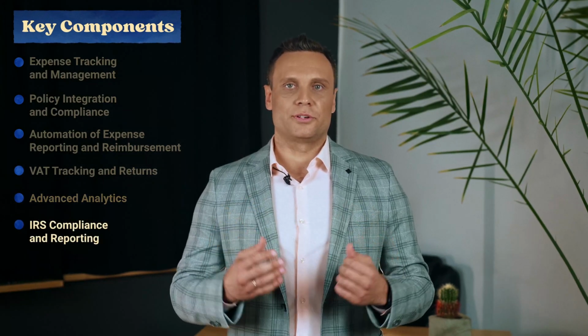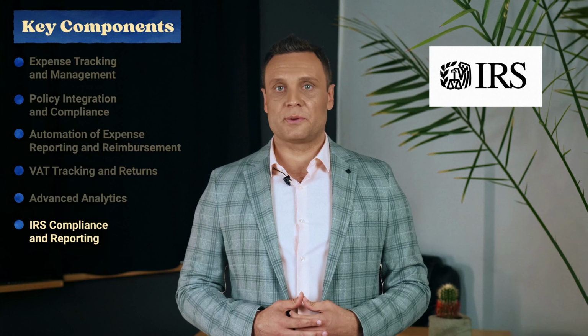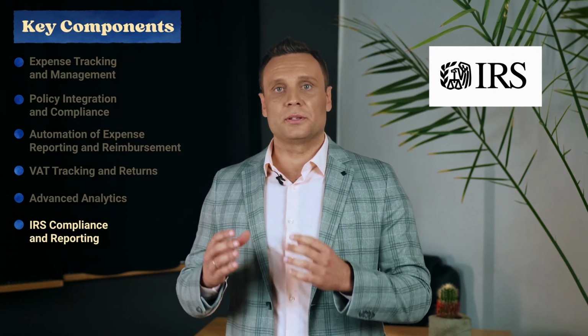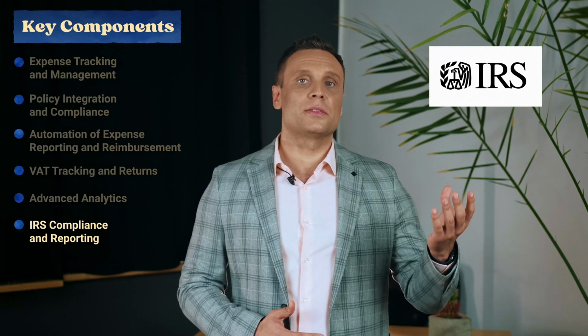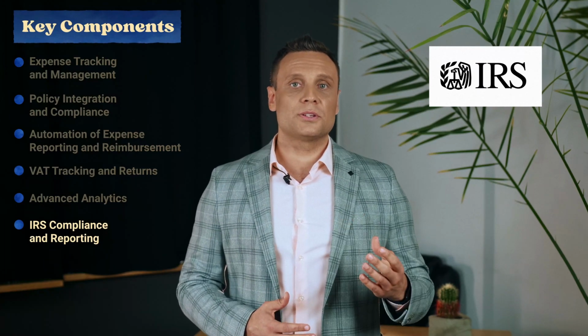IRS compliance and reporting. Another critical aspect of travel and expense systems is ensuring compliance with tax regulations, such as the IRS guidelines for business expenses. For US-based companies, properly categorizing and documenting business expenses is a must to stay compliant with IRS rules. T&E systems help by automating the tracking and classification of deductible expenses, ensuring that the right documentation is available in